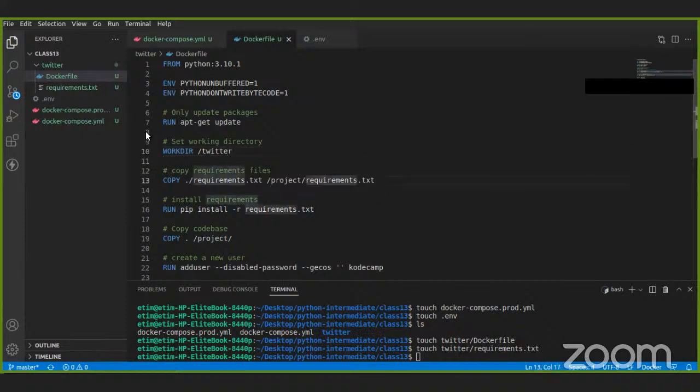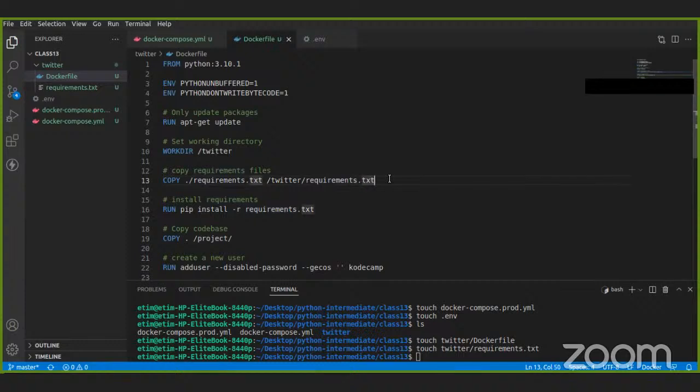Then at line 13 we are going to copy the requirements. You can see copy /requirements.txt. Don't forget, a few minutes ago I explained that when you see / it means copy that thing from the current directory. And this current directory is the directory where the Dockerfile is. We are looking for a requirements.txt file, and it is this one. So this command says copy this particular file into this Docker container folder of Twitter. Then paste the